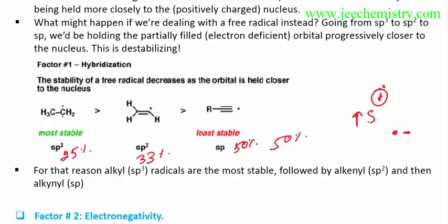Suppose the free radical is closer to a negative charge. If it is closer to the negative charge, the stability increases, since it is electron rich. The nucleus is electron deficient, so as the s character increases, the radical goes closer to the nucleus, which increases the electron deficiency and decreases the stability of the free radical. As the s character decreases, the radical is at some distance from the nucleus, so the stability increases. That's why sp is less stable than sp3. sp3 is more stable because the free radical is at a greater distance than in sp hybridized atoms.